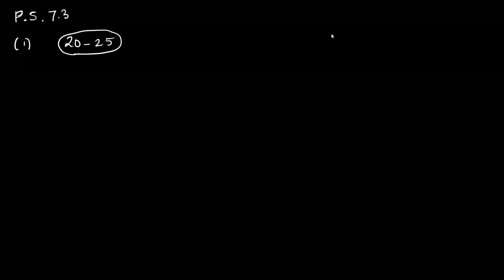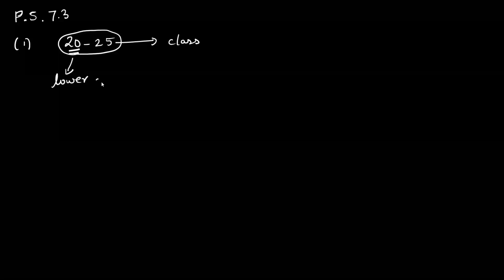When in the table we write 1, 2, 3, 4, one value each, that is called an ungrouped frequency distribution table. When we write it in this group form, it is called a grouped frequency distribution table. Another name for the group is class. So whether we call this a group or a class, it means the same thing. And the first value is called the lower class limit.